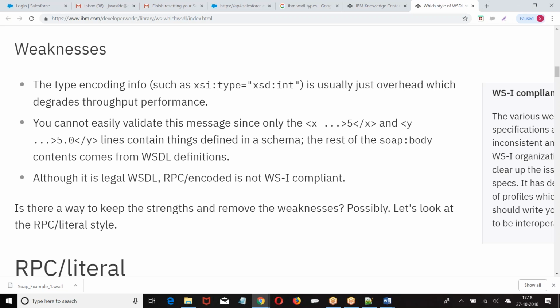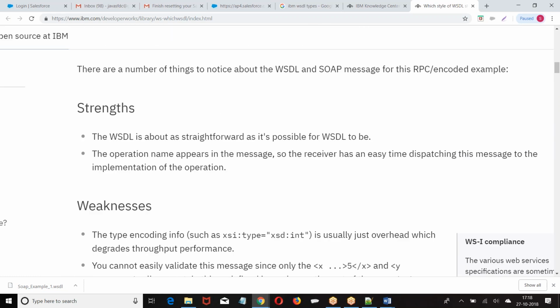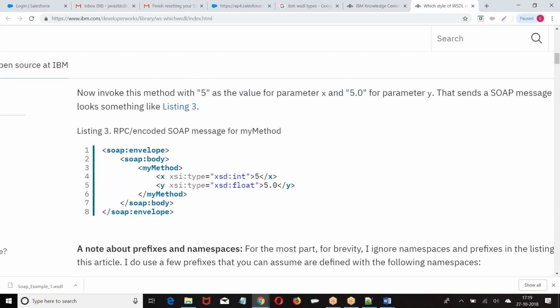Now you want to say it should lie between 0 to 10, or it should start with a capital letter and end with a small letter. I cannot verify the format of the data. I cannot apply validation, limits I cannot apply. It doesn't mean that you cannot apply, but applying the validation will be a complex process here. It is easy for the system to understand, but difficult for the developers to write.